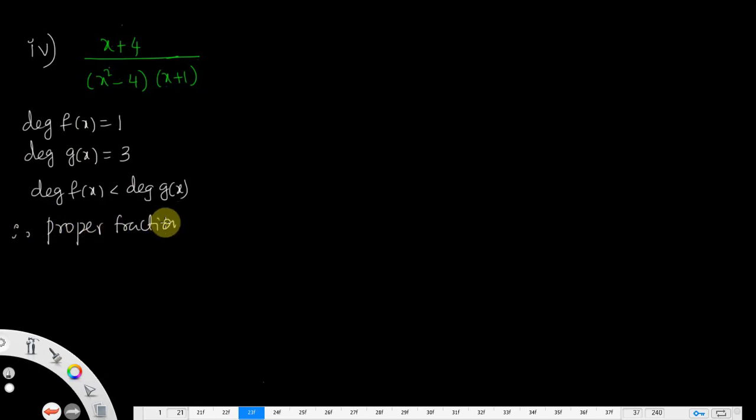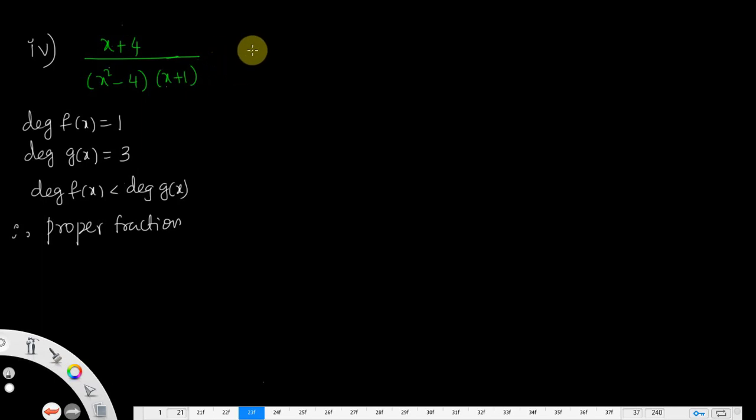Degree of f of x by g of x: in this, degree of f of x is lesser than degree of g of x. Such a fraction is said to be a proper fraction. Proper fractions can be solved using the first linear type, so that is the first method. Simplifying the first type, non-repeated: whether the factors are non-repeated means this belongs to type 1 only.